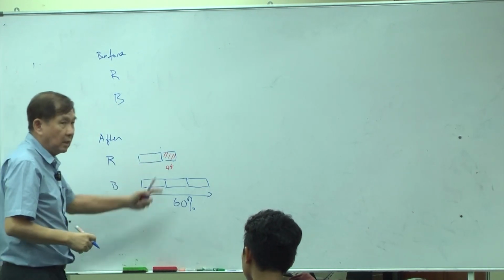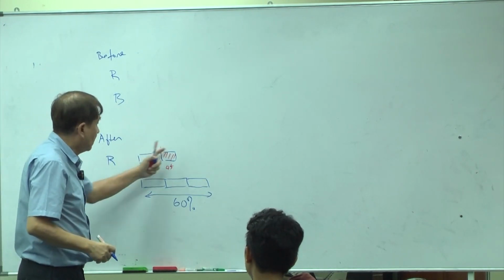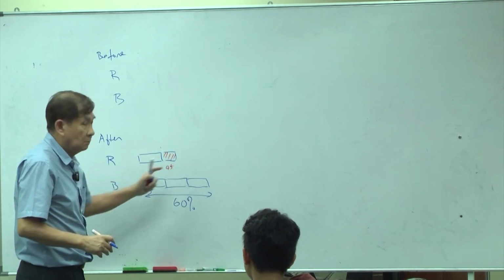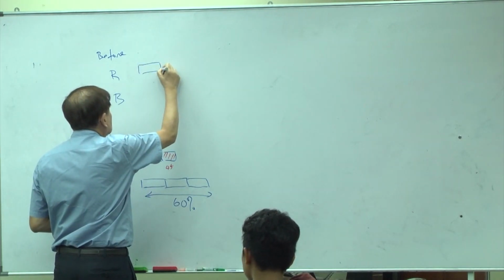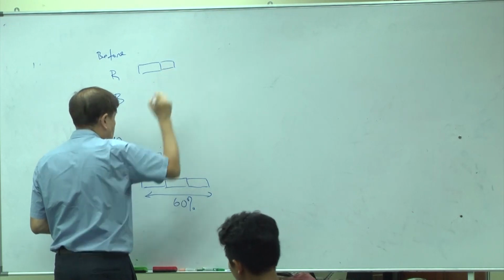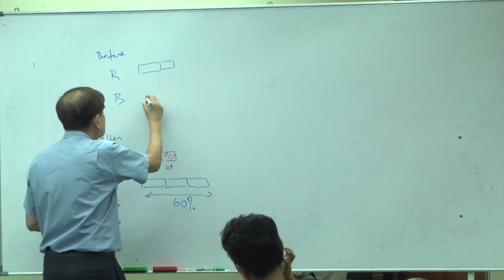Now, before must be what? Must be this long bar, am I right? Before must be this long bar. So must be this together with this. And before,